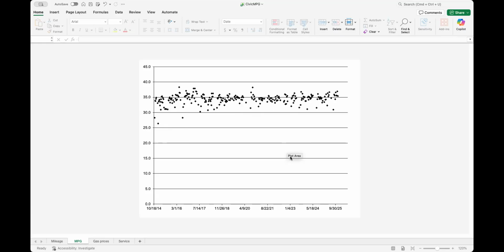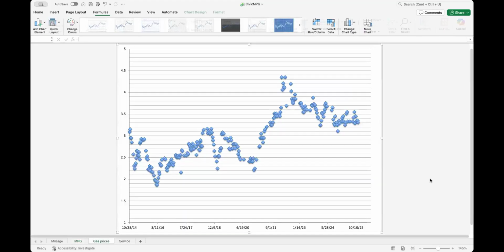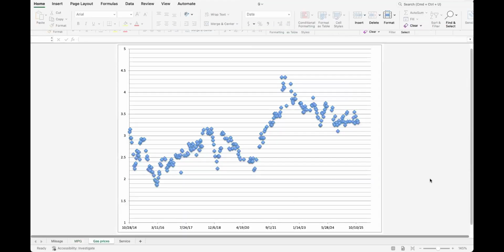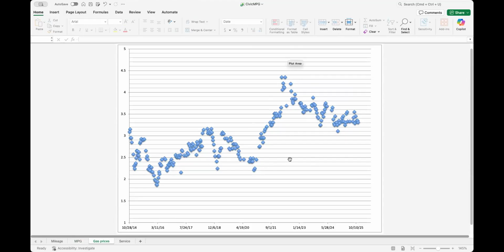I cheat. Data-driven person, right? That's the cost of gas. Every time I put gas in the car. Since 11 years ago. What happened here? Actually, COVID is here. There's April of 19. So we got,